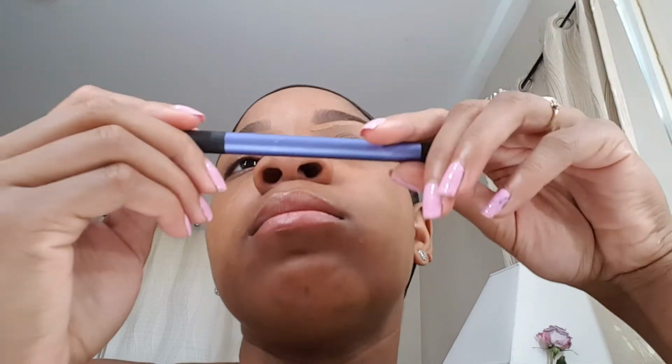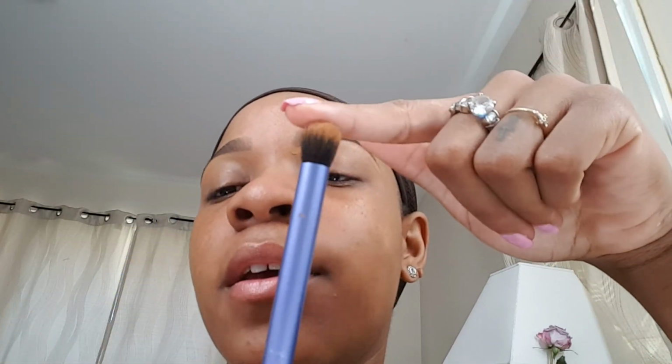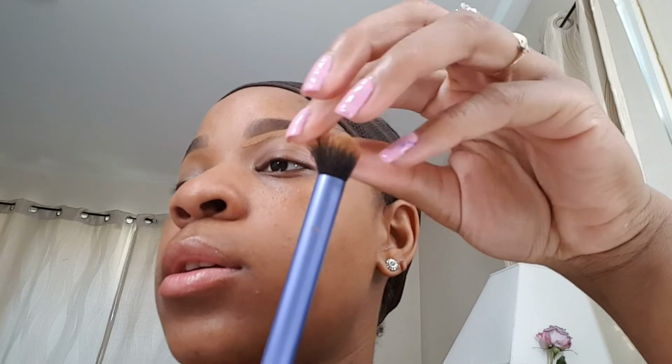All right, so y'all see my line of demarcation? That is what you don't want your eyebrows to look like, because I know y'all see them girls and they walk around and think they cute and you could clearly see where their concealer starts and stops. We don't do those. So go in with your dome brush from Real Techniques, or any brush similar to this, it's just like a flat fluffy brush. Honestly, anything would do. If I really wanted to use the concealer brush to blend it out, I could just go in there and